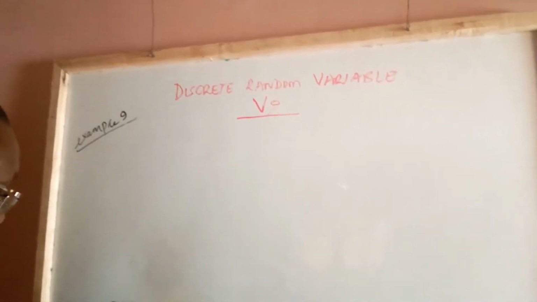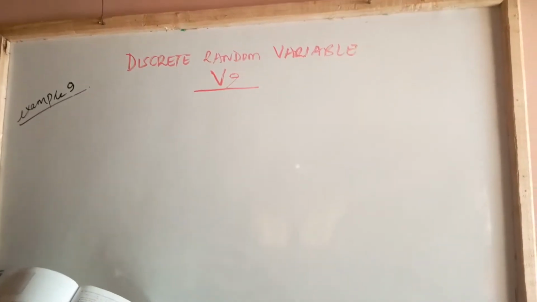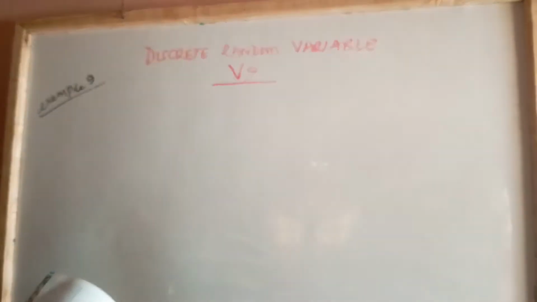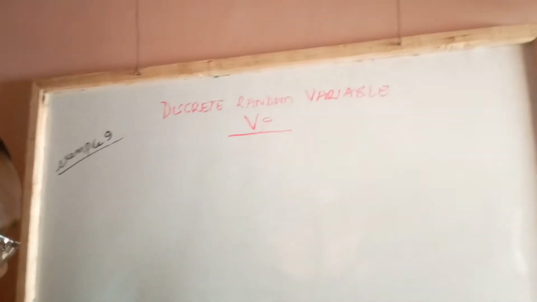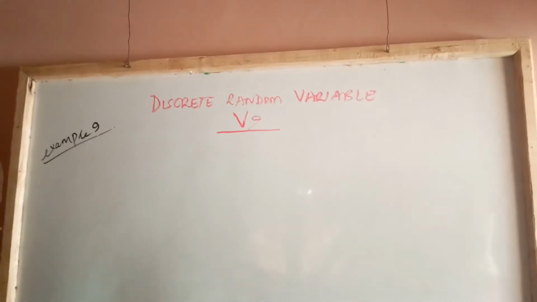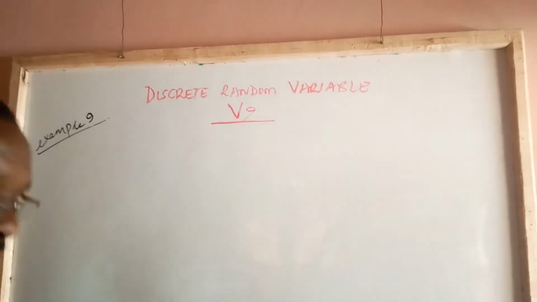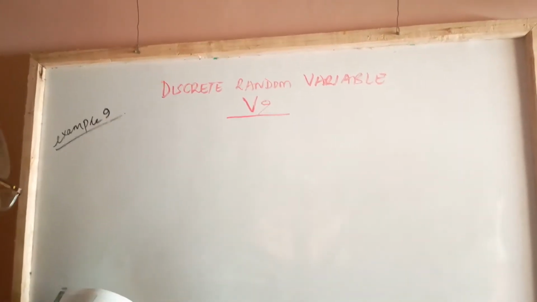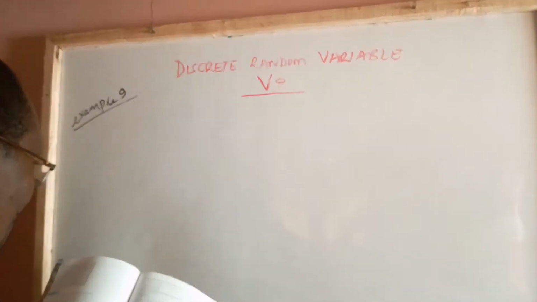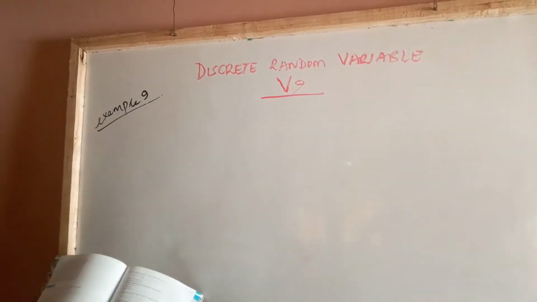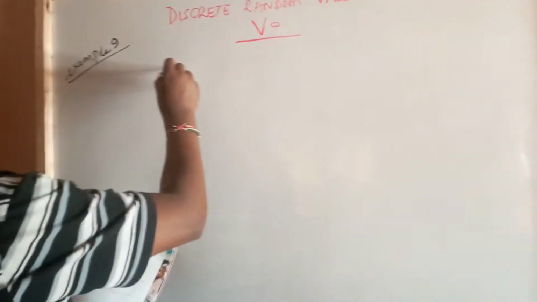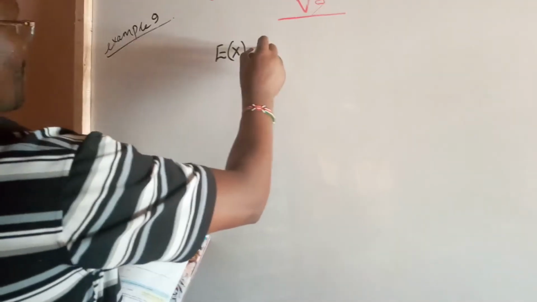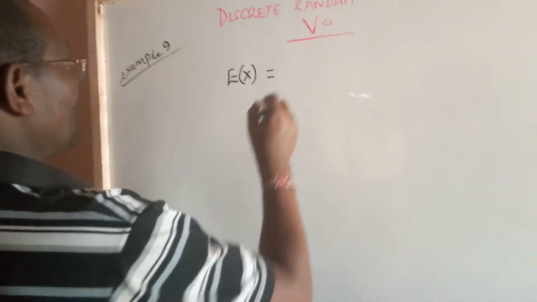Under 8.6, we want to learn how to find a mean or expected value of a discrete random variable. And the expected value of X is defined as E(X), which is the same as